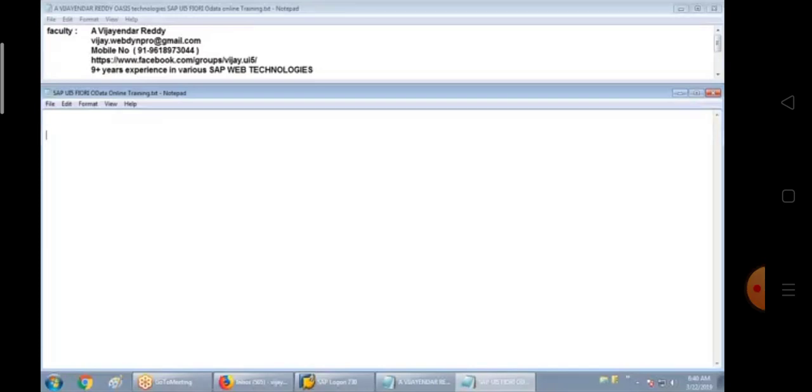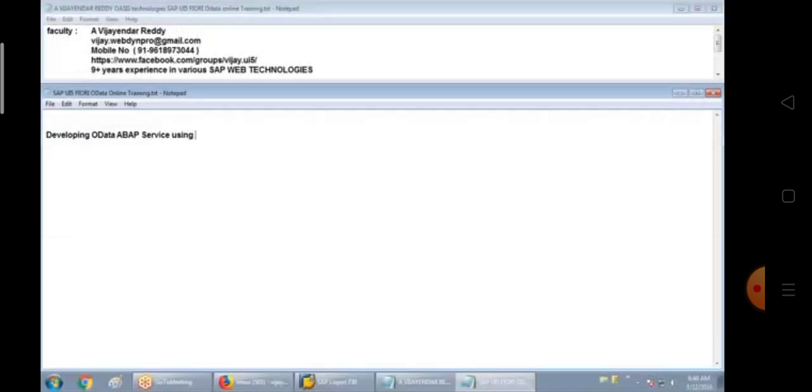Today's session, we will focus on developing OData web service using create entity method. Developing OData web service using create entity method. Create entity method